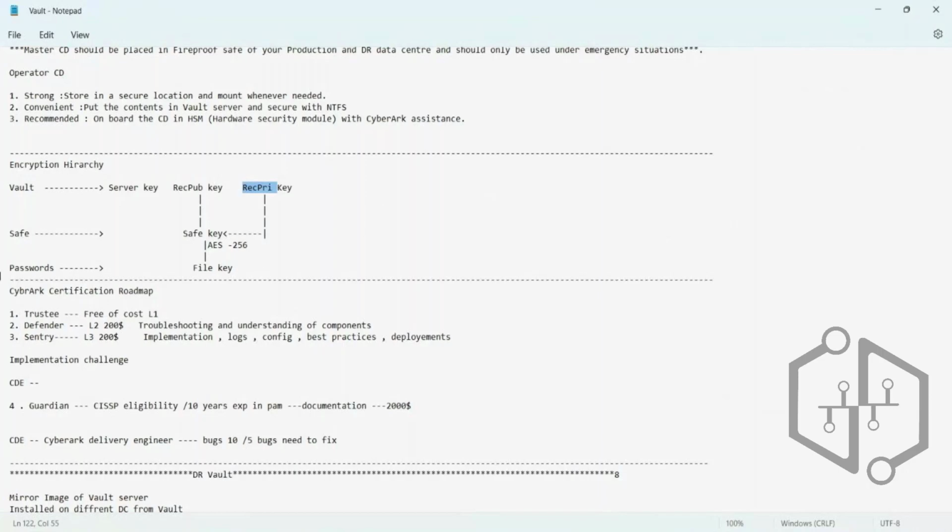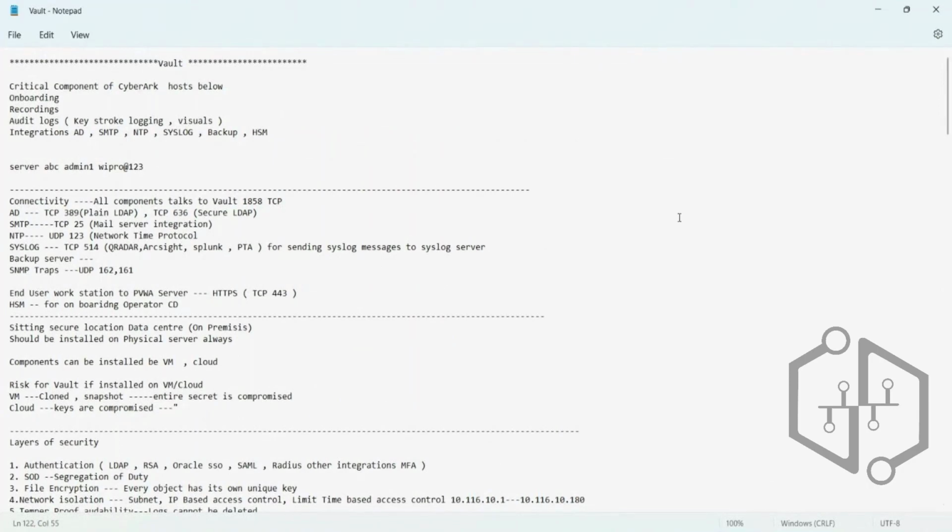So we will see more in detail. I'm just giving an overview about it, but this is how the process works. So just like in a bank, we have two keys, the customer key as well as the bank key. As long as you are able to have those two keys together, only then would you be able to access the locker. The same happens in CyberArk as well. As long as you have the private key and public key, you would be able to access the accounts. So it's not something that is physically available to you, the public key. It's more like the encryption that happens on the back end. Okay,